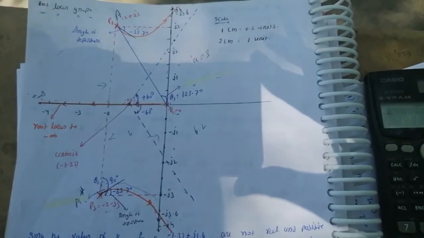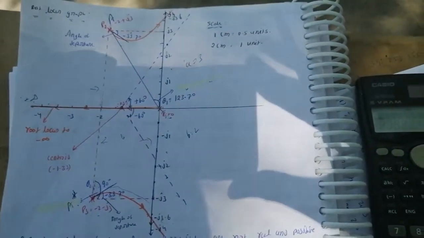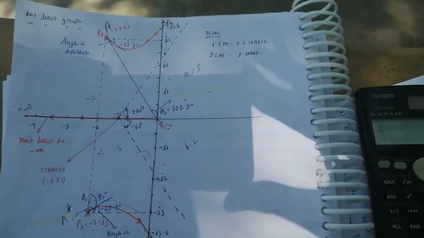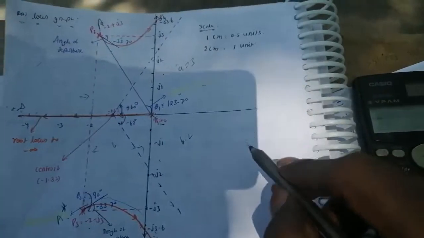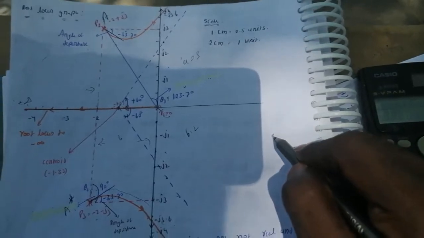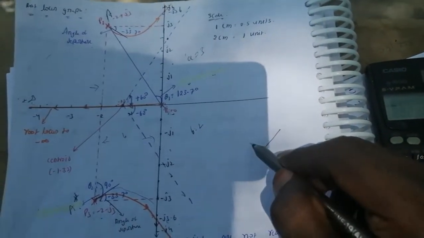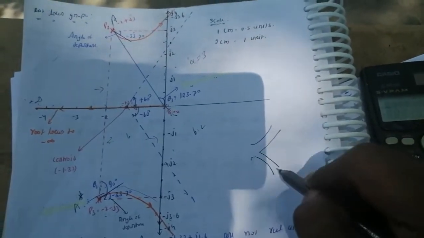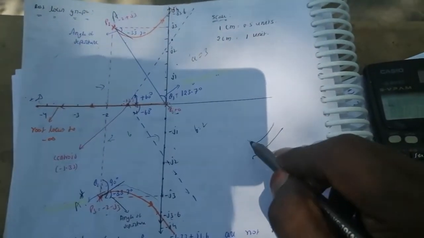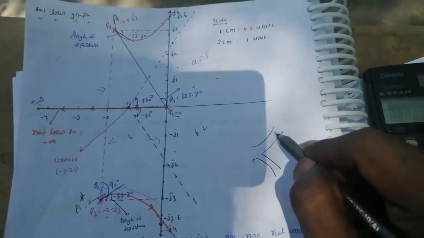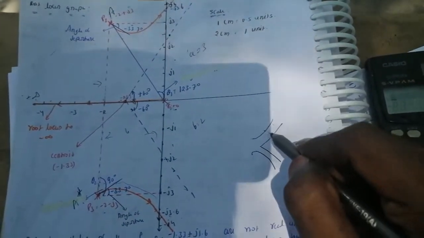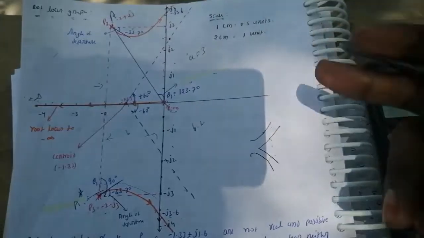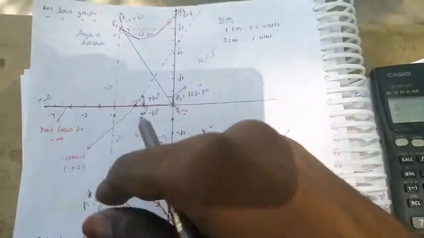So this is the complete graph you have to check. Next, how to check whether our graph is correct or not: one way is that the angle of asymptotes and the crossing point lines should be parallel. This line belongs to the angle of asymptotes, and this line is the crossing point on the imaginary axis. If you observe these two, they should be parallel, and these two also parallel. Based on that you can decide whether your graph is correct or not.